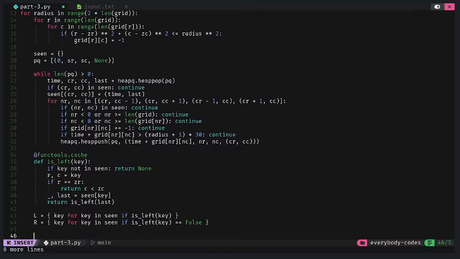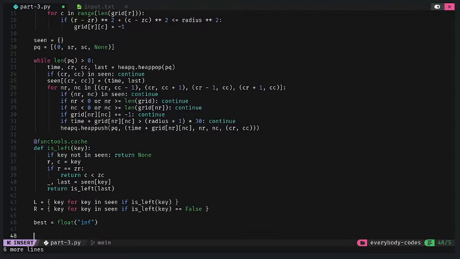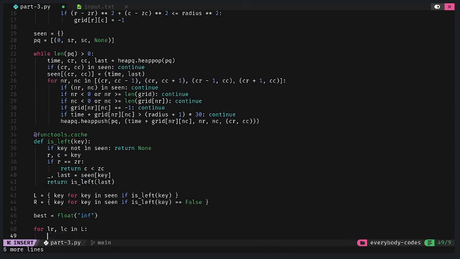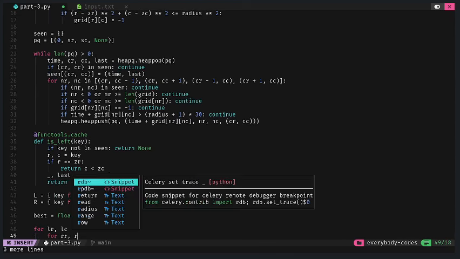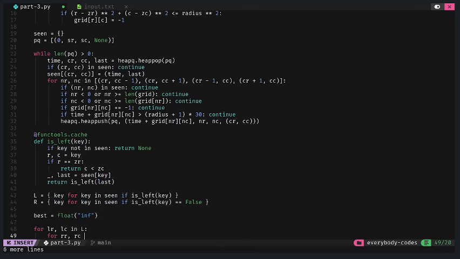Okay, and finally we want to keep track of the best possible path. So we'll start that off at infinity, basically representing impossible. And finally, for LRLC in all of the left nodes, we want to look for right nodes that are adjacent to it. So for RRRC in the neighbors,